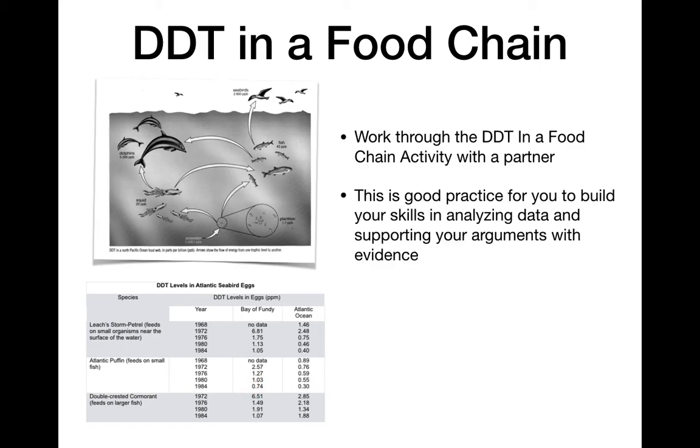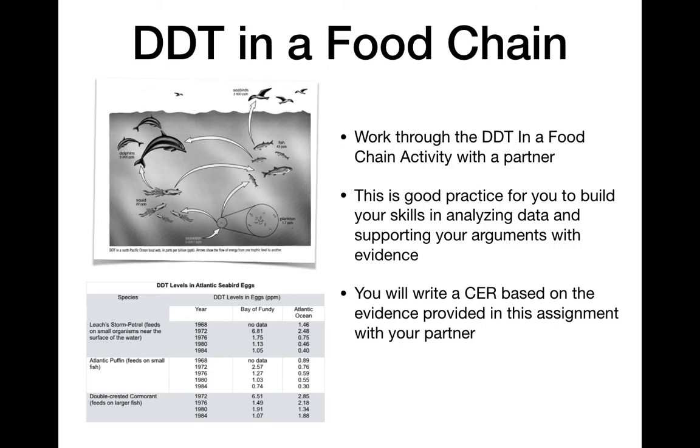So analyzing data and looking for patterns is a skill we need to work on, based on how it went the first try with the garden assignment, and this one we need more practice. So here's a chance to practice data analysis, a big skill in science. With a partner for this, you're going to write a CER using this data and this food web as your evidence. Okay? So you need to have a claim, look at the evidence quite thoroughly, draft a claim